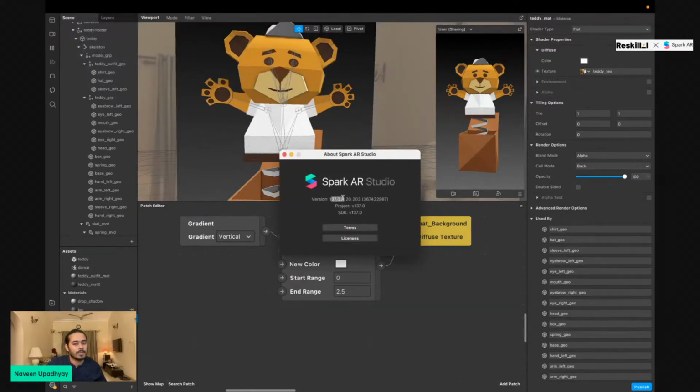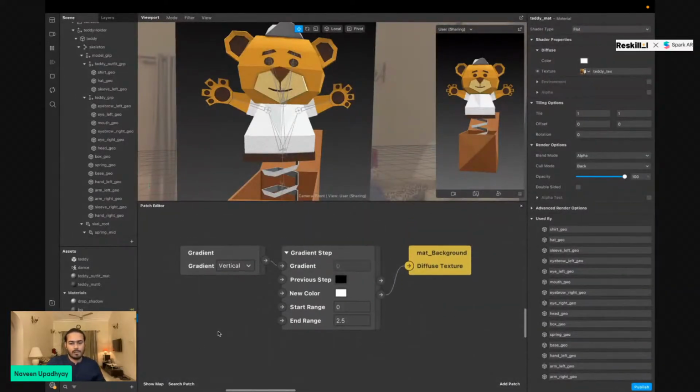I am right now at version 137, and if you select this skeleton animation unfinished project, just double click this .arproj file, and you will be redirected there. Okay, so meanwhile,